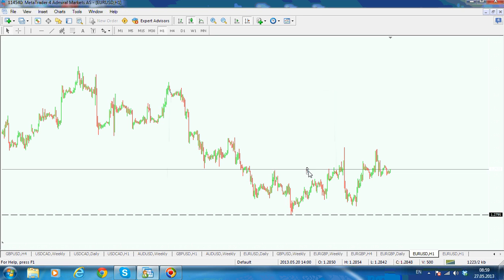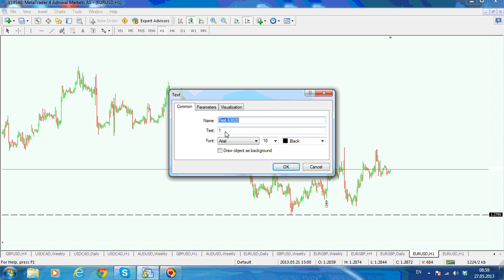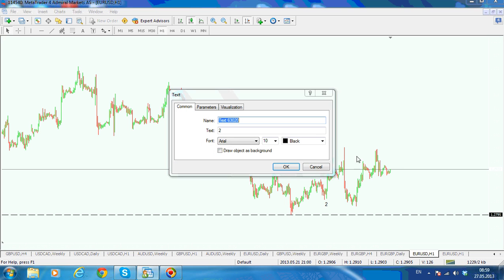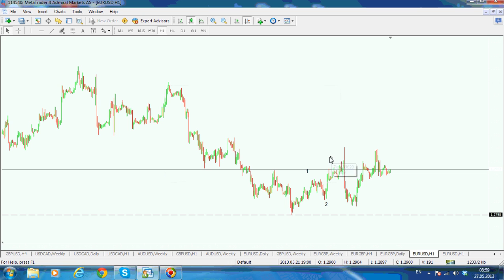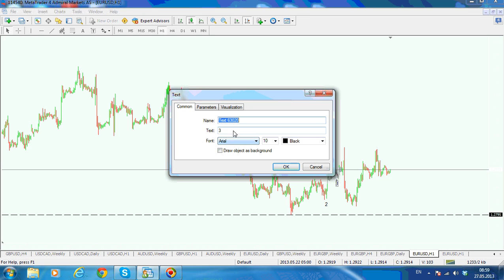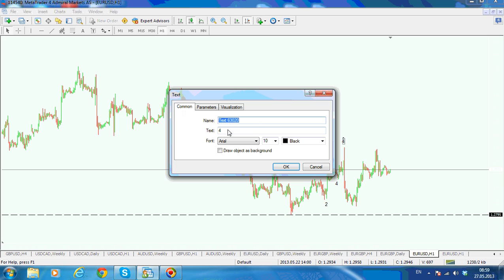So 1, 2, and the third wave to the upside, 3, then a fourth one here, 4, and the 5, a fifth wave. So 1, 2, 3, 4, 5 from my point of view, providing that this low in the 127.95 area holds,